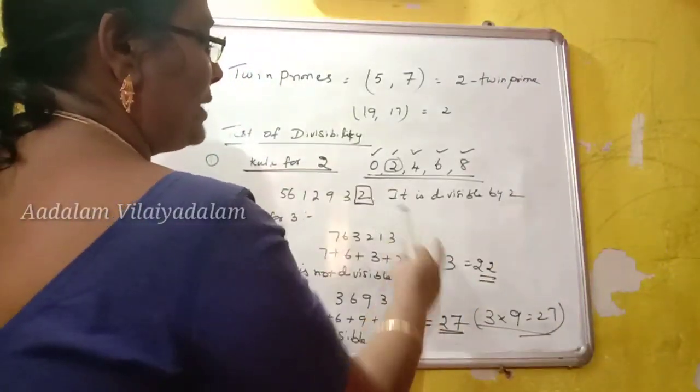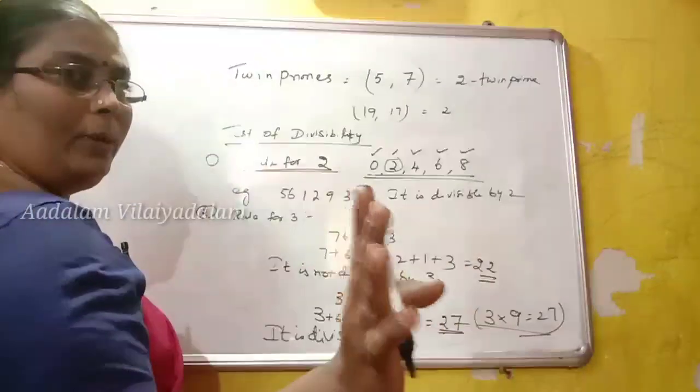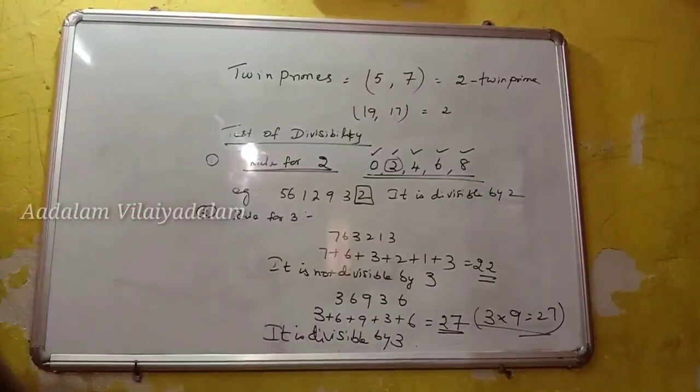That's why I gave 2 examples for this. One is not divisible and one is divisible. Now we will have a clear idea. Next one is